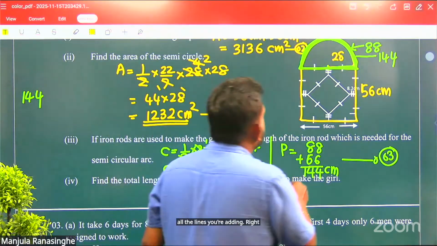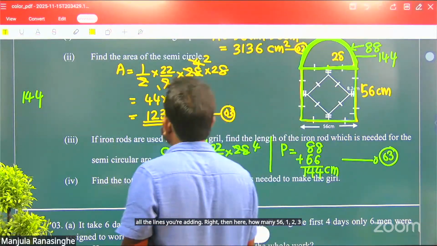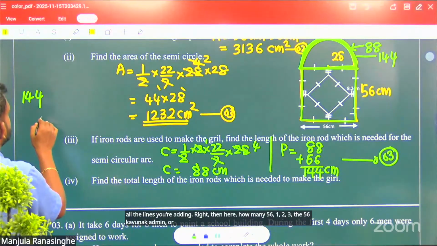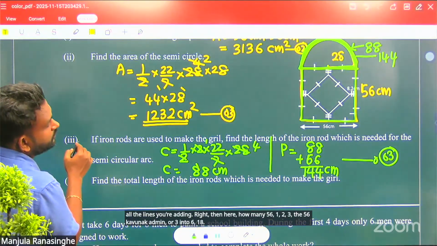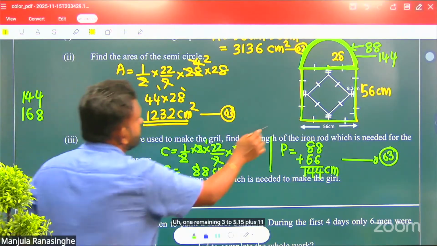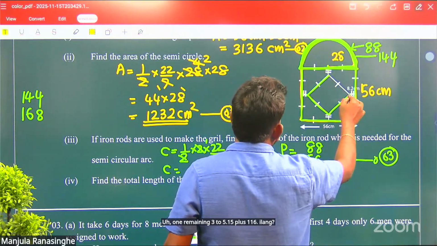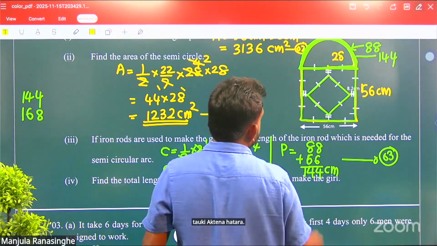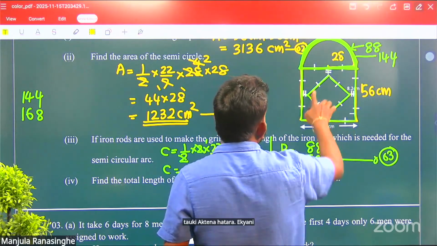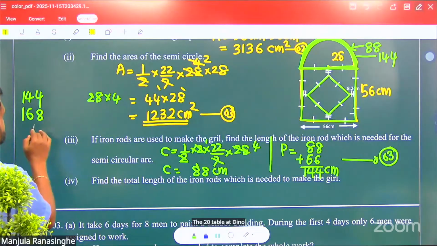Then here how many 56? 1, 2, 3. So 3 more of 56 are added. 3 into 6 is 18. 1 remaining, 3 into 5 is 15 plus 1 is 16. So these three are done. Next, how many more pieces are there? 4. Each piece is 28, so 4 of those 28s. So 28 into 4 is added again. Then it comes to